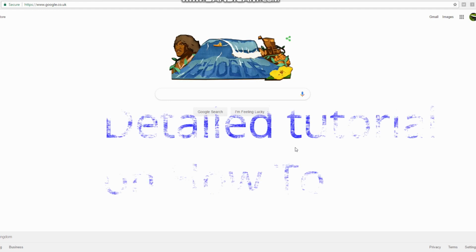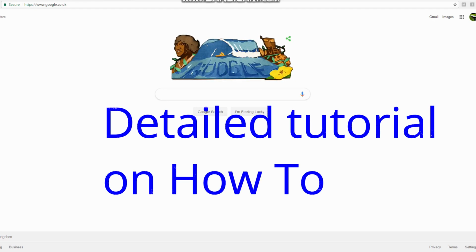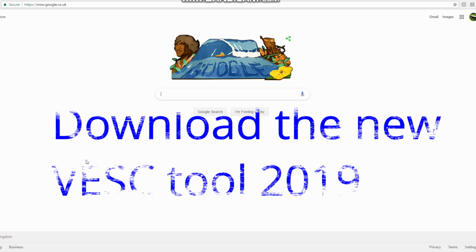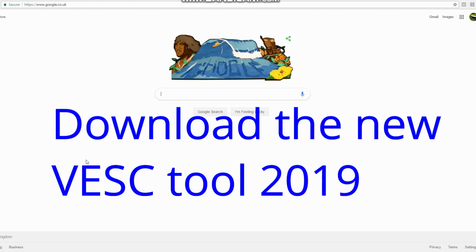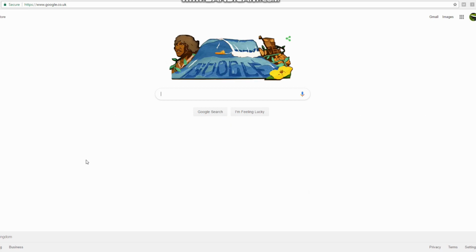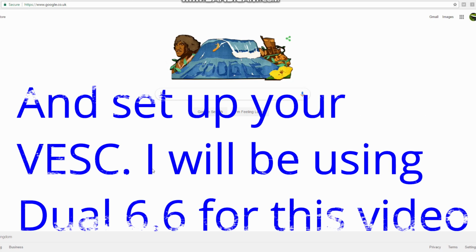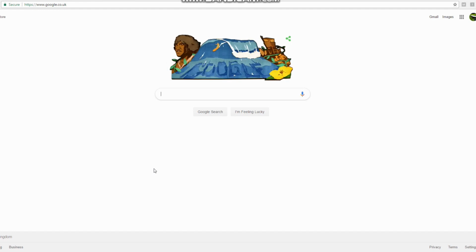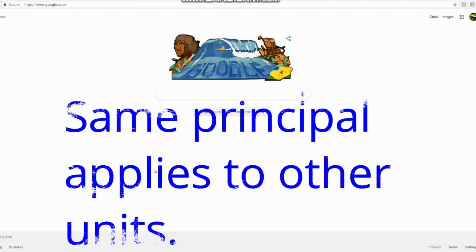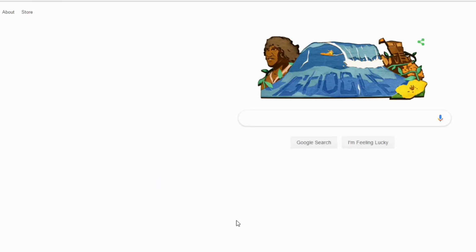Something I haven't done before is I'm going to show you how to use 2019, the newest and freshest Vesc tool, in order to program your Vesc. So, step number one, you're going to go to your browser and you're going to type up